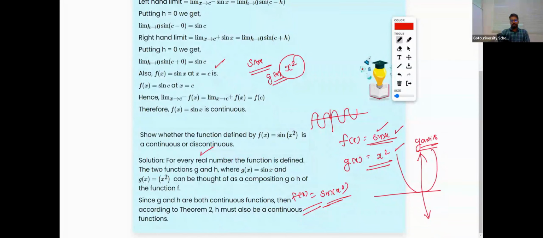Okay. So the theory part is something you have to be very careful about. Every step-by-step explanation has to be given. Or you can compare with these examples and use the theorem and say because g of x is continuous and f of x is also continuous, their composition is also going to be continuous in the given domain. Okay,